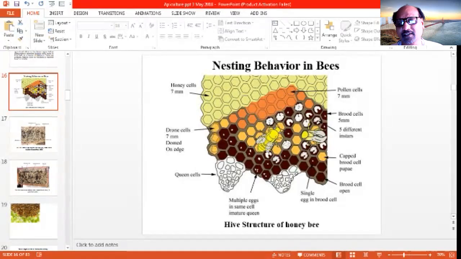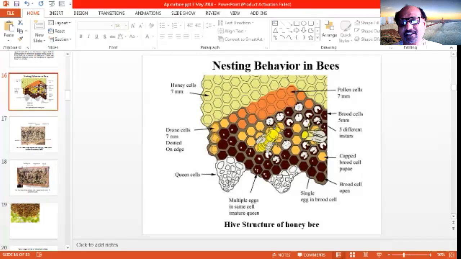So I already explained to you that bees are very good architects in nature. They are natural architects. They build hexagonal cells. At the top of the hive are the honey cells. When the honey is ripened, meaning the water content is very low, the cells are sealed. The top two inches or so of the hive are covered by honey storage cells.